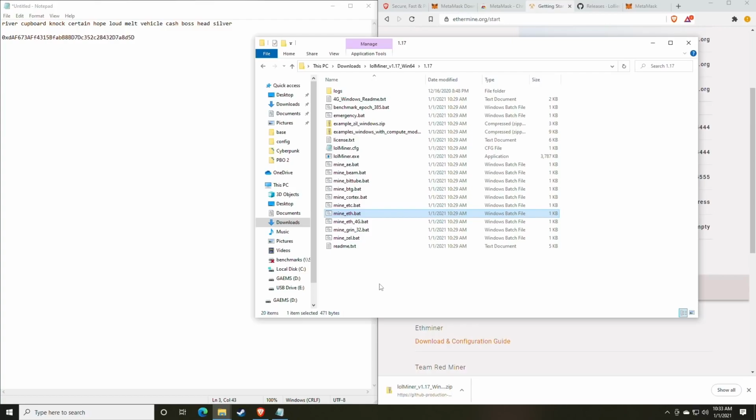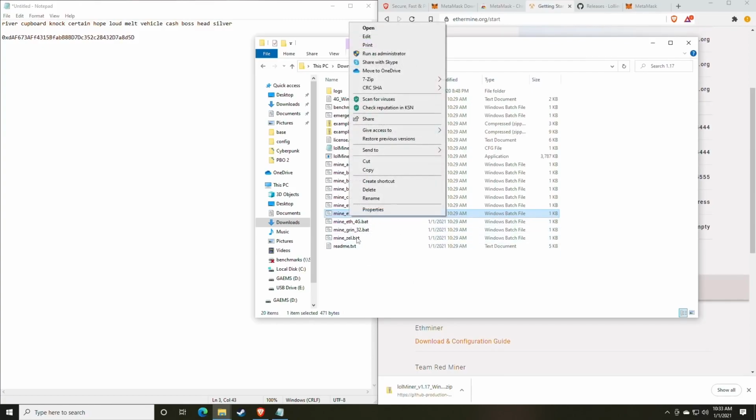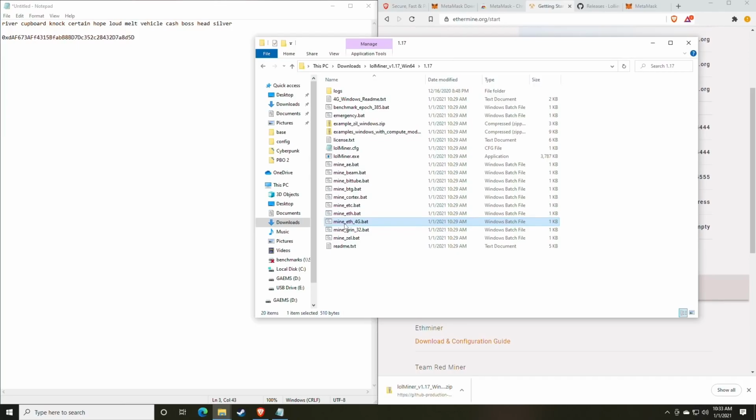Your performance is going to be better on cards with over 4 gigabytes of video memory when using typically just the standard mine ETH. However, if you have a card that only has 4 gigs of video memory, you're going to want to play with the